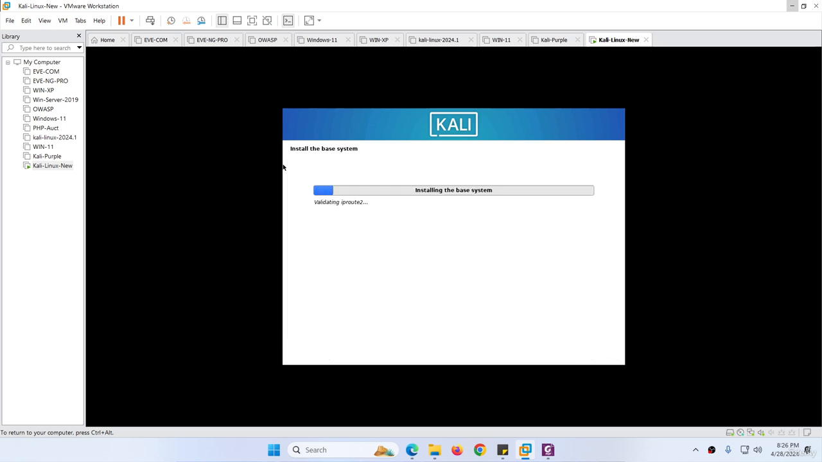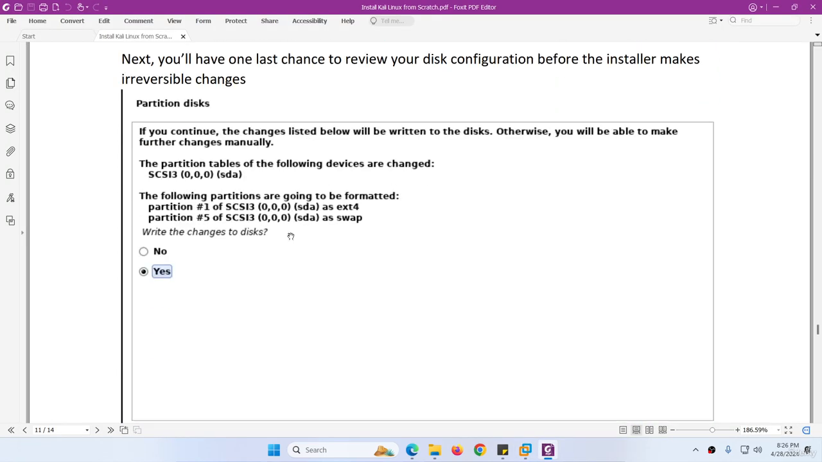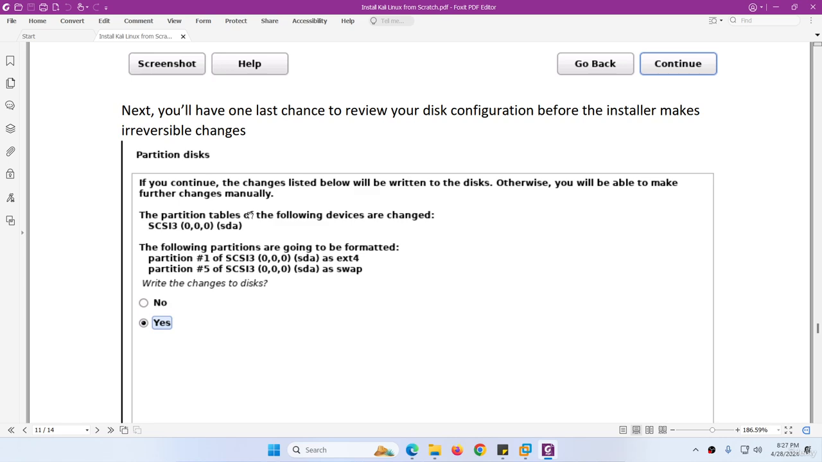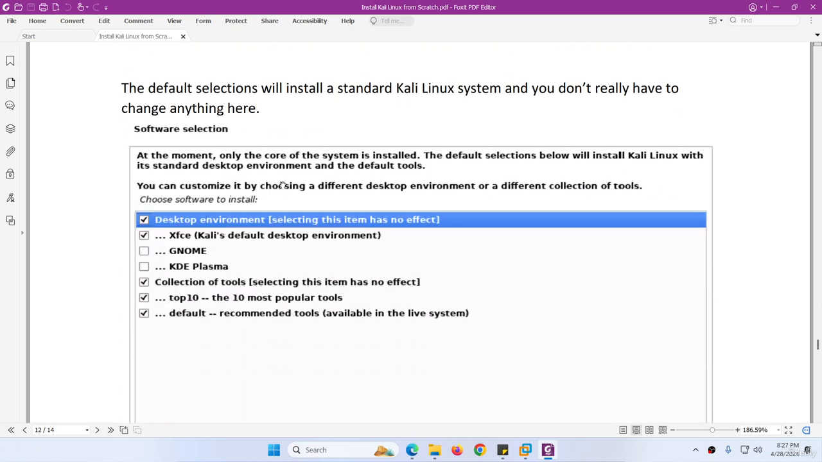So it will start the base system, and let's go back until that time. So I choose this option, and after that make sure to choose yes, because whatever we are asked related to the hard drive, you need to say yes, so they can do the changes to the hard drive. After that it will ask you